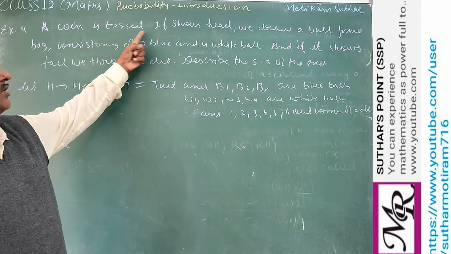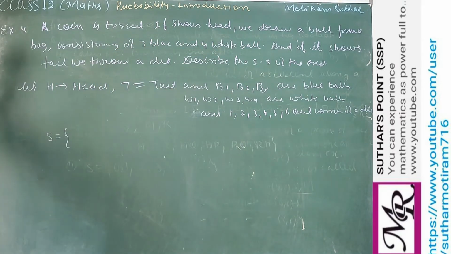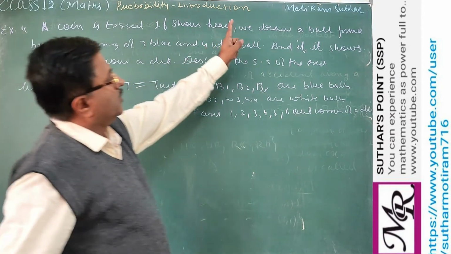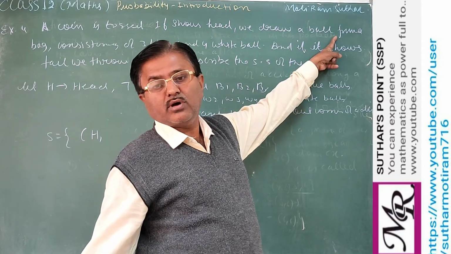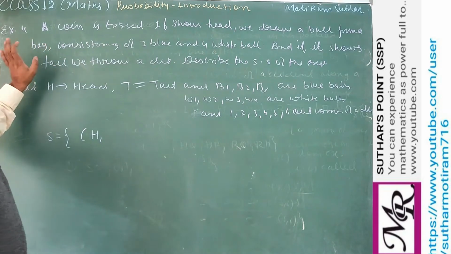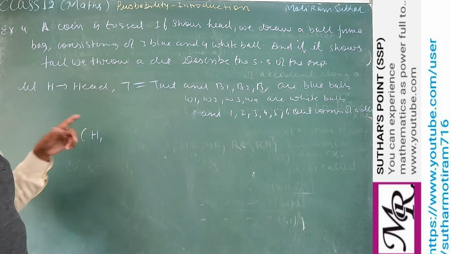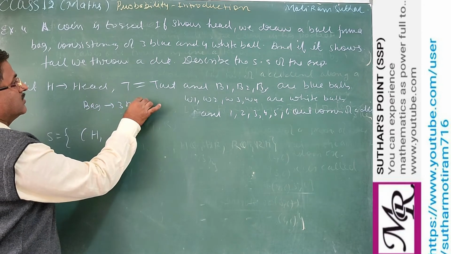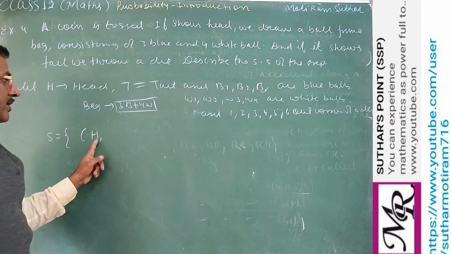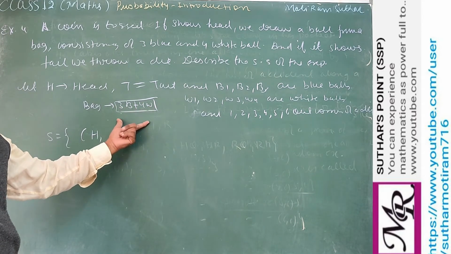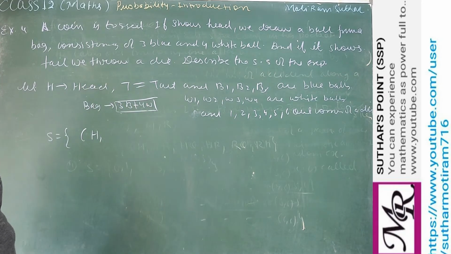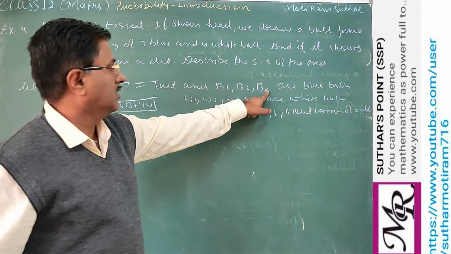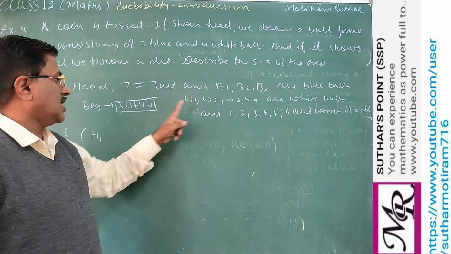A coin is tossed. If it shows head, suppose we are tossing a coin and we are getting head the first time, then what do we do? We draw a ball. तो आपको एक बॉल ड्रॉ करना है. कहां से करना है? एक बैग में से जिसमें 3 ब्लू है और 4 व्हाइट है. ठीक है ना? बैग के अंदर 3 ब्लू प्लस 4 व्हाइट. तो हेड के साथ जैसे आप इसमें से एक बॉल निकालोगे तो वो 7 में से कोई भी हो सकती है. राइट? तो ये ब्लू हो सकती है. फर्स्ट 3 ब्लू है, ये तीनों में से कोई भी आ सकती है. हेड के साथ व्हाइट कोई भी आ सकती है.